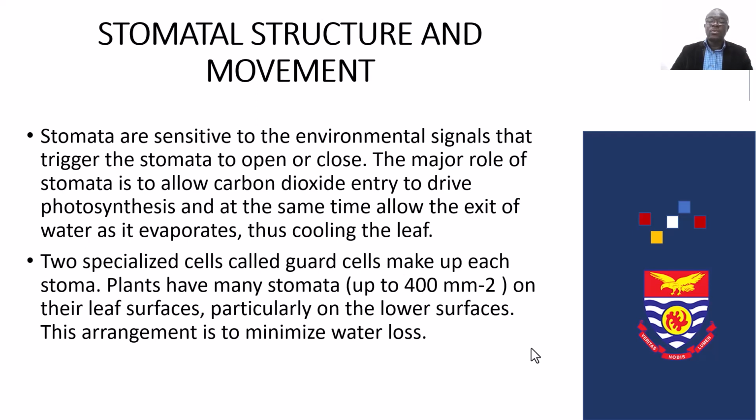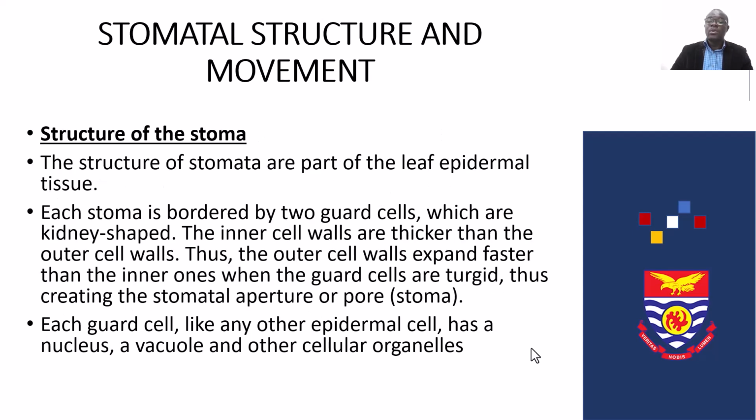Two specialized cells called guard cells make up each stoma. Plants have many stomata, up to 400 per square millimeter on their leaf surfaces, particularly on the lower surfaces. This arrangement is to minimize water loss. The stomata are part of the leaf epidermal tissue. Each stoma is bordered by two guard cells, which are kidney-shaped. The inner cell walls are thicker than the outer cell walls. Thus, the outer cell walls expand faster than the inner ones when the guard cells are turgid, thus creating the